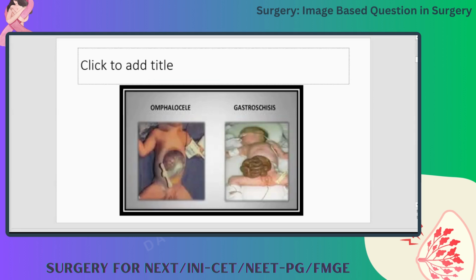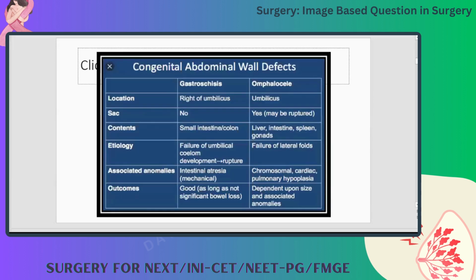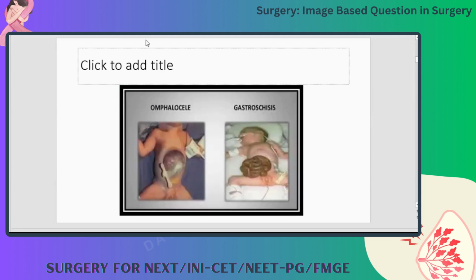Once you can see the images clearly, what are the differences? Now we'll see. Here in omphalocele, first of all, there is a sac. There are contents inside. There is a sac, there are contents, and on top of it, the umbilical cord is there. That is omphalocele. Whereas gastroschisis, there is no sac, first of all. There are only contents, and